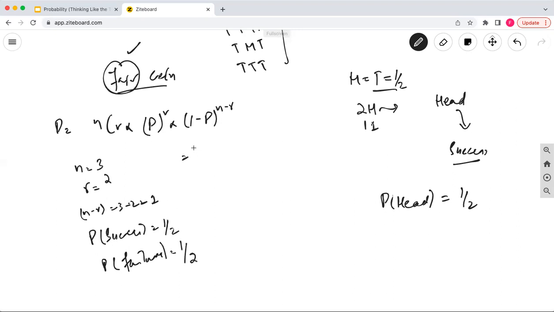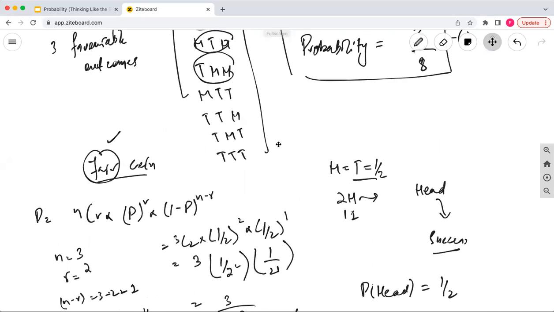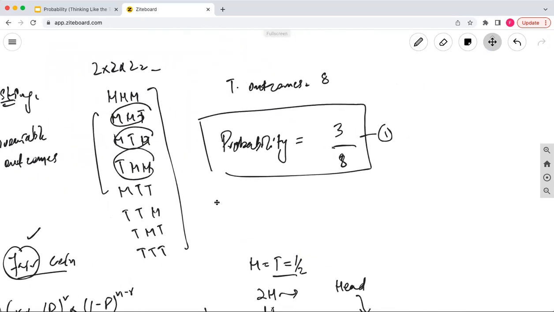So if I use the formula, this is 3C2 into 1/2 power 2 into 1/2 power 1. So what is 3C2? That is just 3. And into 1/2 square into 1/2 power 1. So that will be 3/2 power 3, which is 3/8, right? So you can either go with the formula or go with the listing method. There are other methods as well. And if you want to see another method,